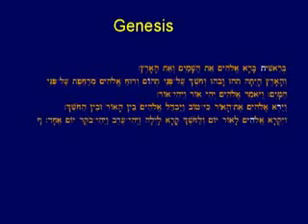Now allowed us to rediscover the very things that the rabbis knew thousands of years ago. And so it's a very fascinating study. But let me just give you one example to give you a flavor of this. This is Genesis chapter 1 in Hebrew. Now, I want to remind you that Hebrew goes from right to left.